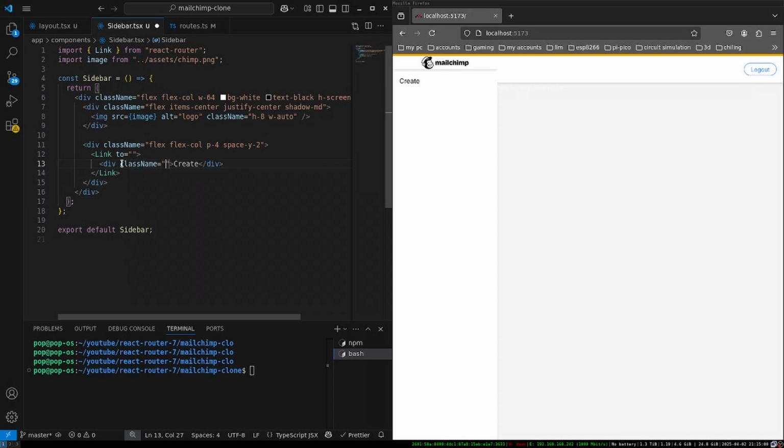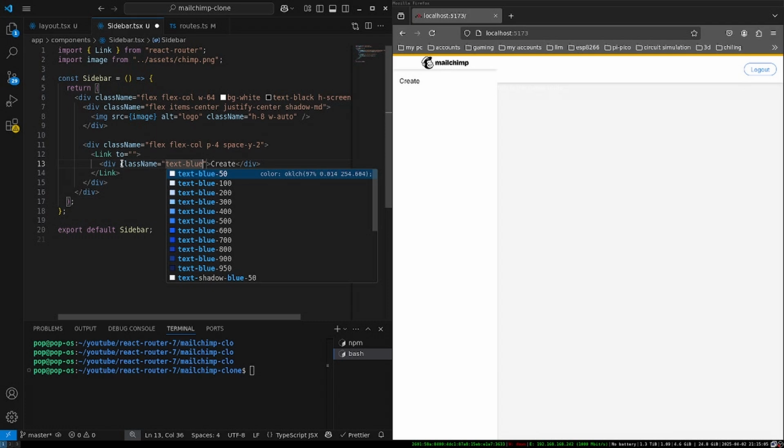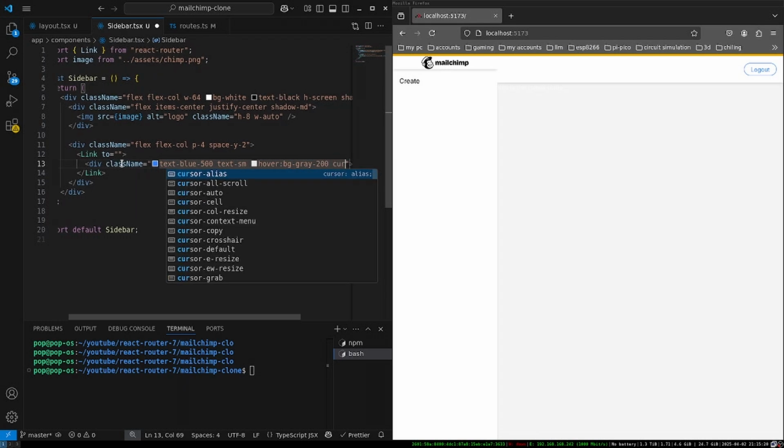Now let's have the class name inside create. Now let's have a text, blue of 500. Let's make the text small. Let's hover over this guy, and now let's make the background gray 200. Now let's have a cursor